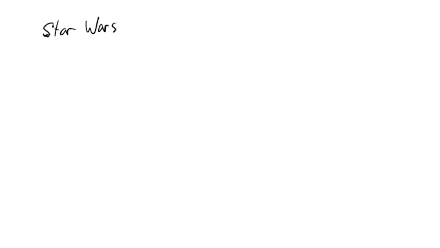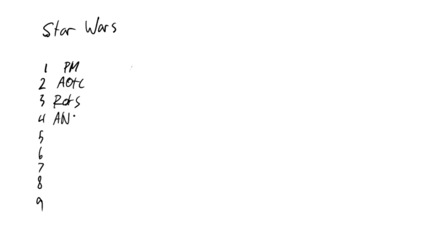Just let me know if you want a future video talking about the possibilities there, but let's just make a little chart here. We've got 1, 2, 3, 4, 5, 6, 7, 8, 9. Okay, these are Phantom Menace, Attack of the Clones, Revenge of the Sith, and New Hope,